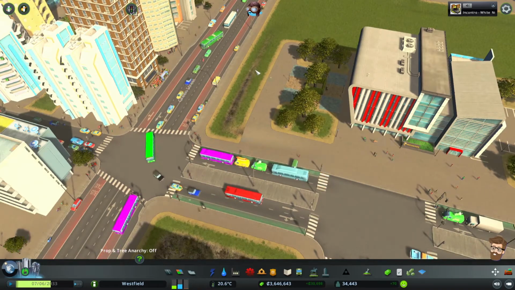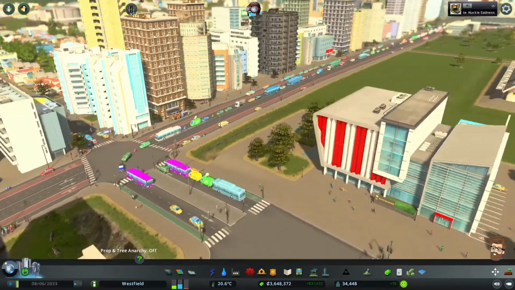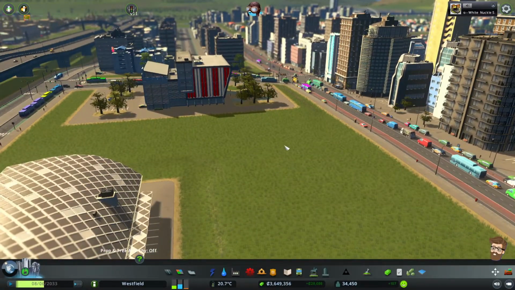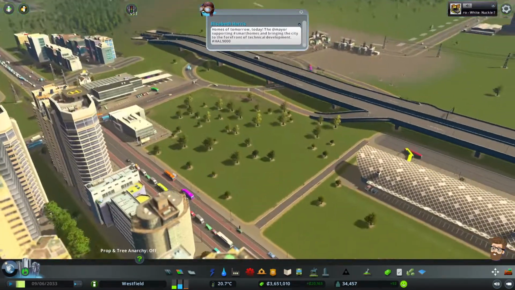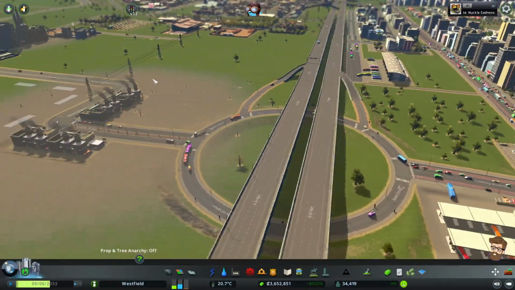Okay, most of the traffic that's coming down here is trying to turn left. It is trying to go to the industrial zone, it looks like. So that's a problem. Essentially I took the problem up here and I just moved it down here. And there's not a lot of traffic that's going up Cherry, around the roundabout, and in this way, which is